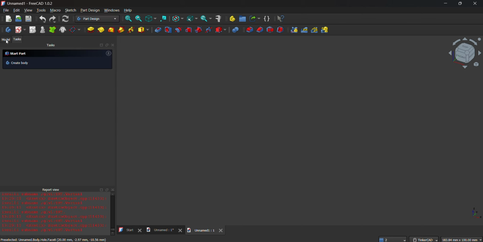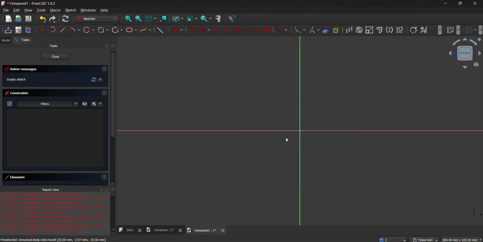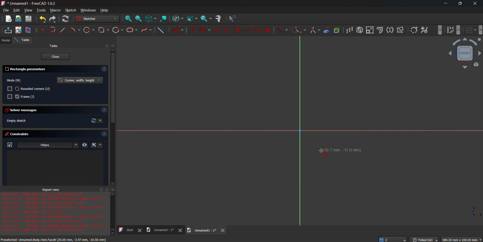If you're all set, then let's start by creating a sketch. Click that one and then choose a plane where you will start. I prefer starting at XZ or front plane. So you can double click this or click just once and click OK. Since we are going to create the base of the Lego, it is a square if it's a single one. If you are going to create a rectangular one, then of course it must be a rectangle. So for the square, let's set the size to 20 by 20 millimeters.